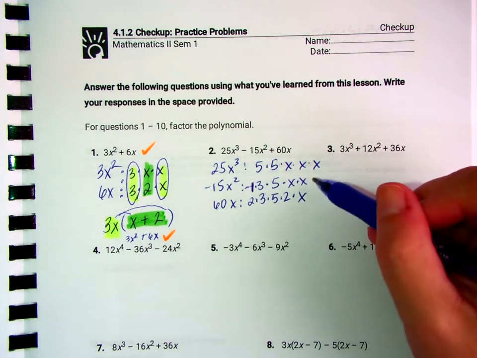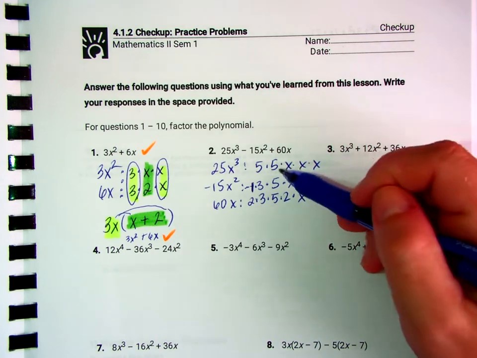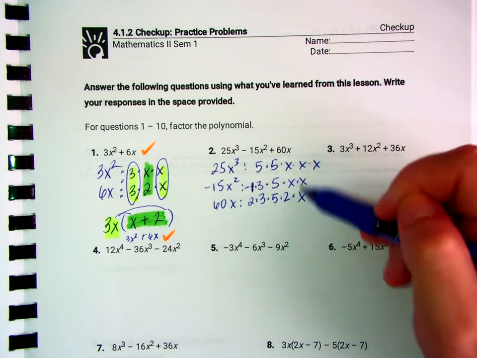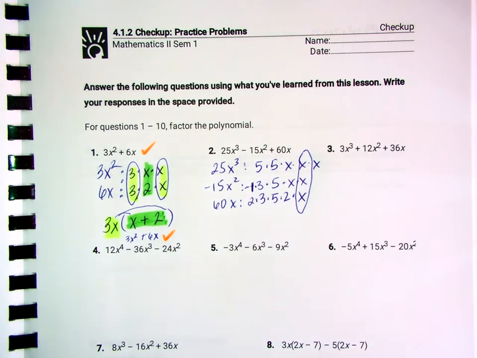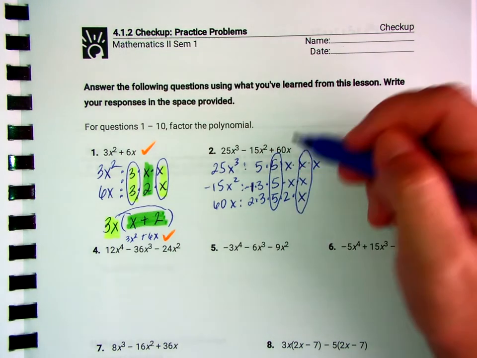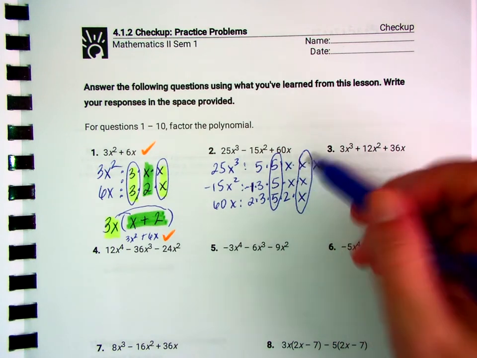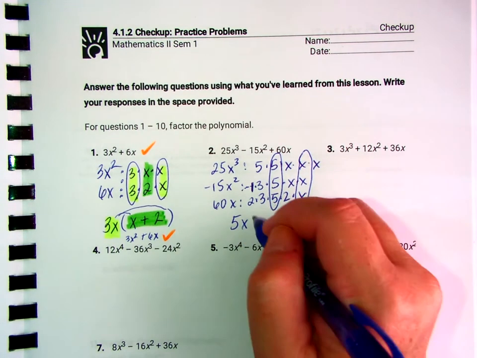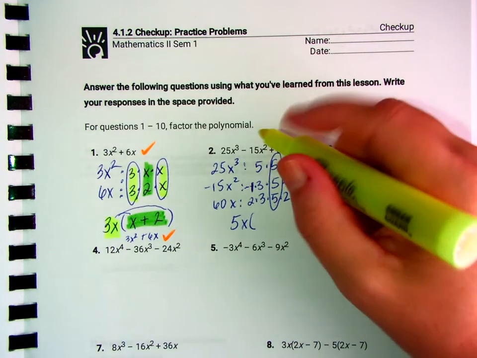Let's look for in-commons here. Notice how I'm kind of trying to line things up so I can look for them. It has to be common in all 3 terms to apply. So there's definitely at least one x in everything, and there's definitely a 5 in everything. There's not a 2 or a 3 or another x in everything, so there's my greatest common factor. And so the 5x is what goes out front,